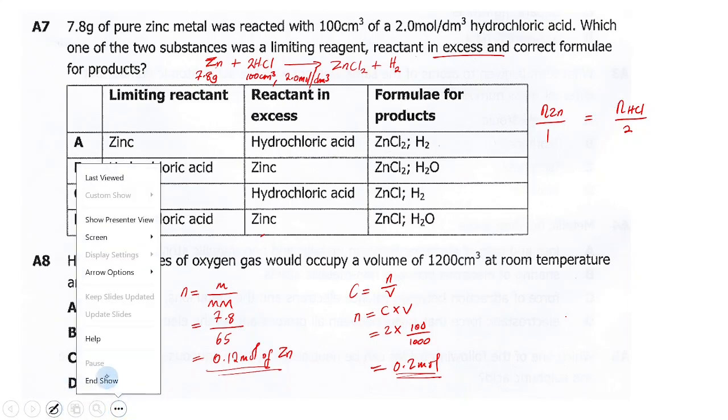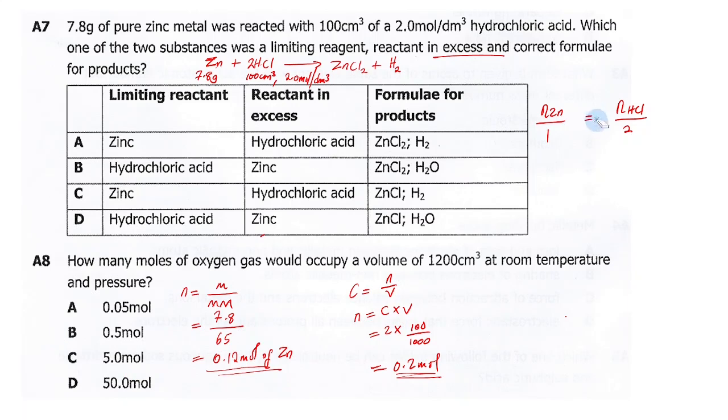Then equals. When I say equals, it just means that other books will just put it like this. Maybe let me just say, okay, this one and this one are reacting. So this one to this one: number of moles of hydrochloric acid over the coefficient here, which is 2. Now the number of moles of zinc is the one we calculated here, so we'll substitute 0.12 moles over 1. Then the number of moles of hydrochloric acid is the one we have found here, so we'll put 0.2